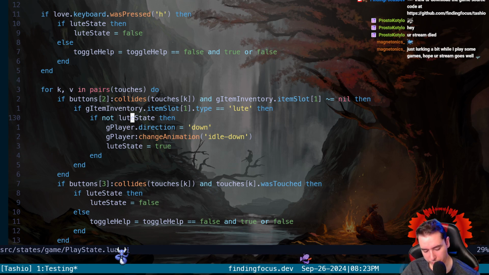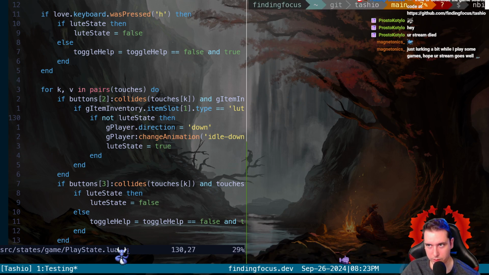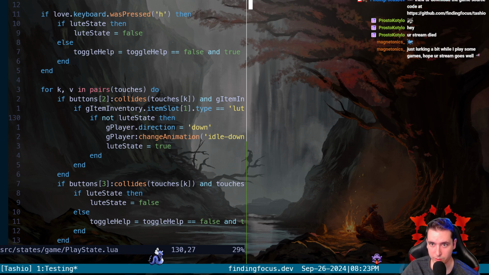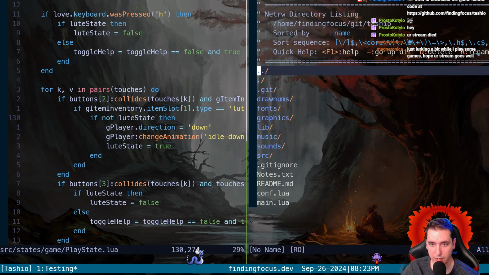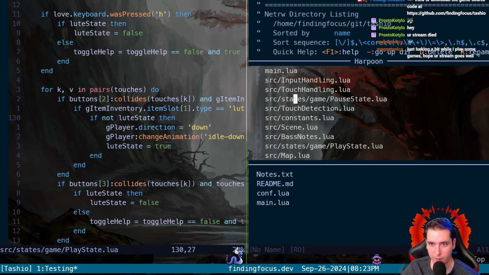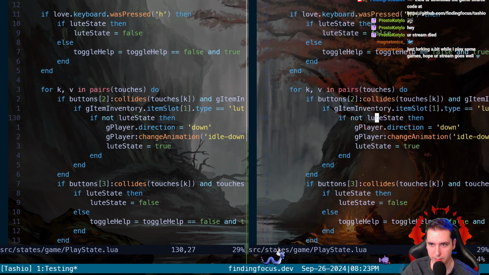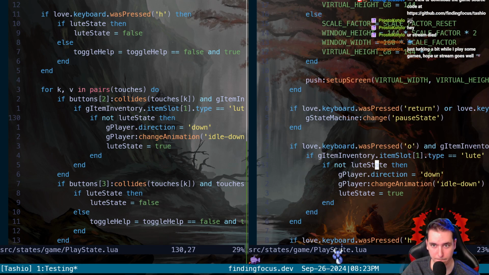And maybe what I'll do is split the screen here so that we can swap between the two, and we'll put our play state on the right here, and we want to find stuff like the, what is it?